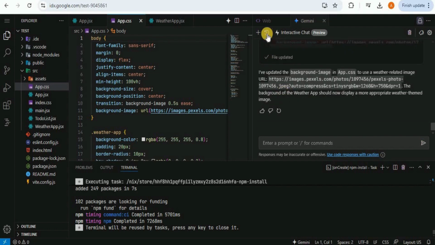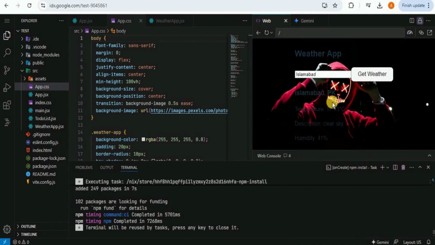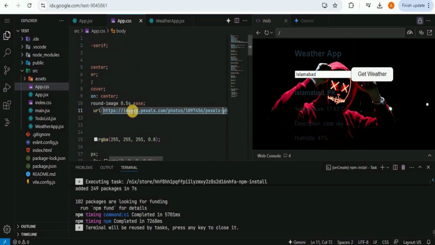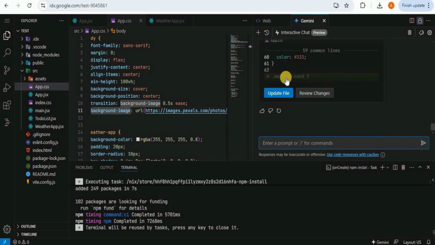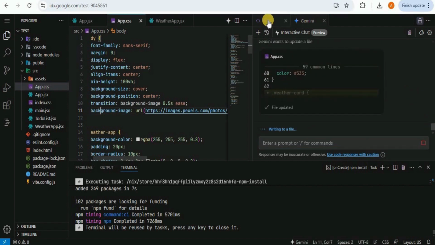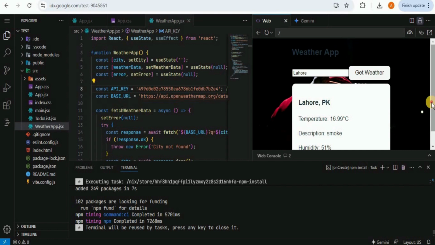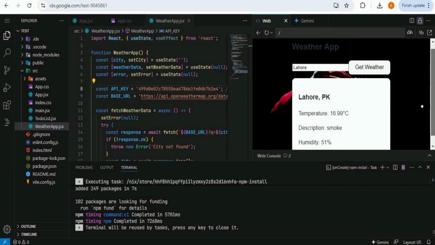And now head to the web view in order to preview the application. Okay, so it is not actually providing us the correct image according to our application. It is just providing us random images. So you can always go ahead and manually change the code in order to make the interface a bit better. Now I've tried making the interface a bit better. Once again, I've asked it to place all the weather info in a card. Here is the updated code. Let's view it. Okay, so it has added the weather updates inside a card. This seems a bit better and more readable.